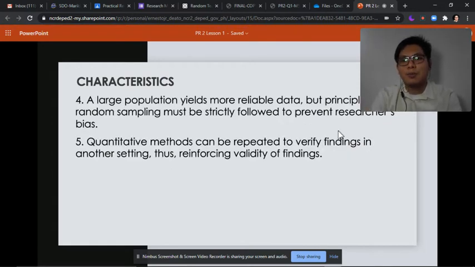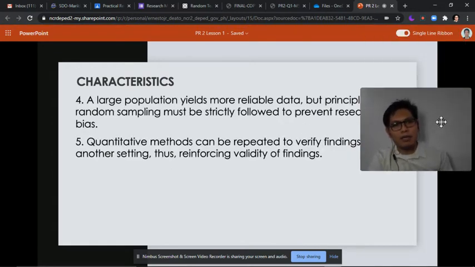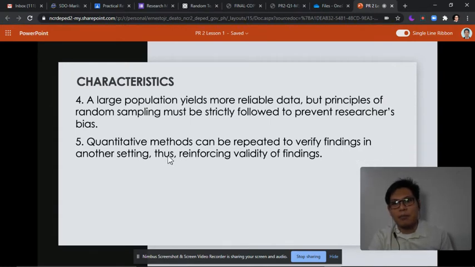Number 4, a large population yields more reliable data, but principles of random sampling must be strictly followed to prevent research bias.